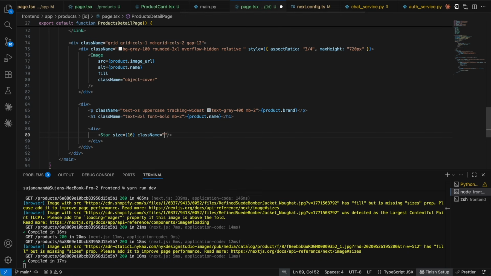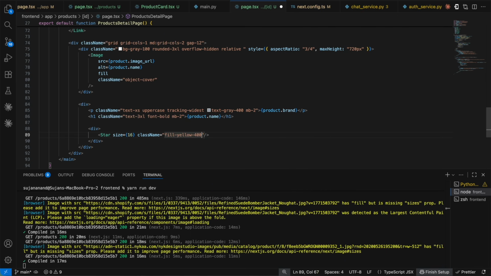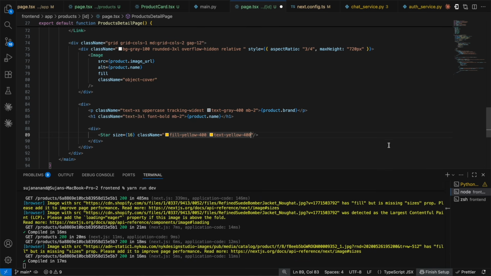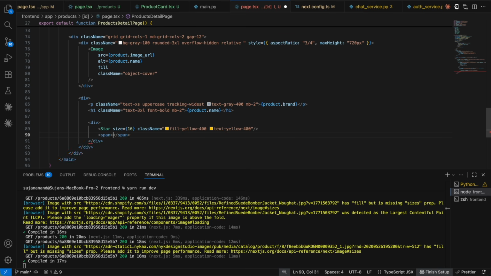Class name, fill yellow of 400, and text yellow of 400. Okay, below this I'm going to have one more piece of span that's going to show the rating. By the way, I'm going to say product dot rating,